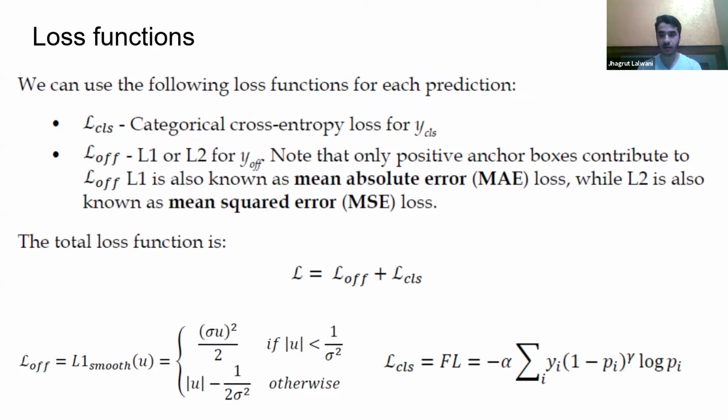So as we showed in the previous slide, the offsets were two values calculated from two ends, one is the top left and one is the bottom right. So two pairs, relative to the anchor box. For computational convenience, these offsets are generally computed. So basically the ground truth offsets are computed using the ground truth offset of the bounding box relative to the anchor box, and a minor tweak in the